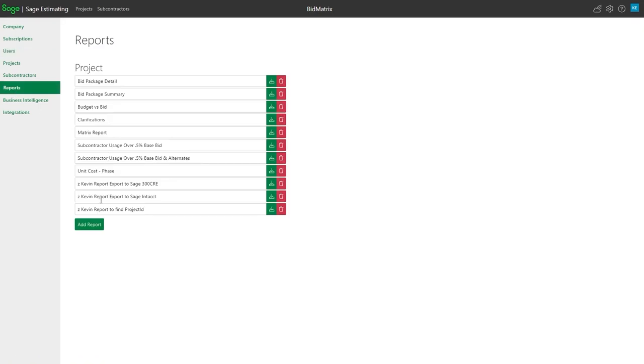These top handful, the ones that say Kevin in the bottom are not default ones, but the top ones here are default reports that you would actually have in your environment. These reports are built with Microsoft Power BI Report Builder. So you could actually take any of these default reports. This would allow you to download them. You could then turn around and add a report after you've made changes and saved it and so forth, and say add a report and actually bring that report back up into the environment, so that way you can do your own custom report writing for BidMetrics.